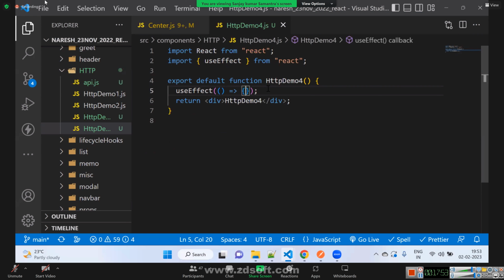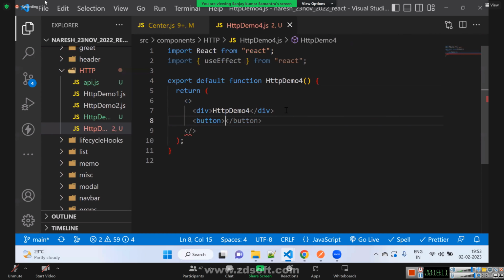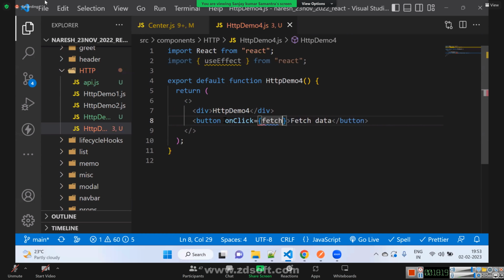Or else, if I want to call the data on a button click, that is also possible. I'll have a button here, after this, with the label fetch data, and on click of this button the fetch data method will be called.